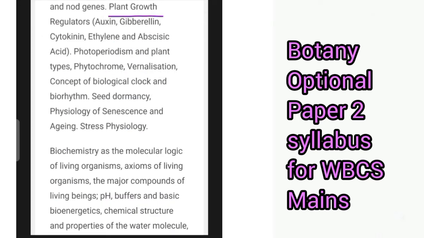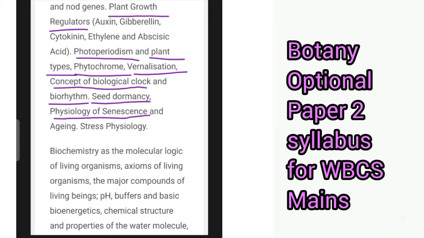then plant growth regulators, then photoperiodism and plant types, phytochrome, vernalization, then concept of biological clock and biorhythm, then seed dormancy, physiology of senescence and aging, then stress physiology,